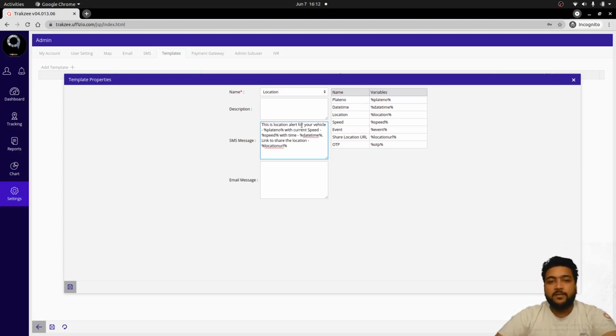Here we have passed some information: plate number can be used as a variable, speed, date and time, and a location's URL that can be obtained via the system as well. Based on this SMS message that you have entered, this SMS needs to be registered into the SMS service provider account, and based on their approval, this customized SMS template can be received as information from the system. Likewise, you can do the configuration for email, where this registration process is